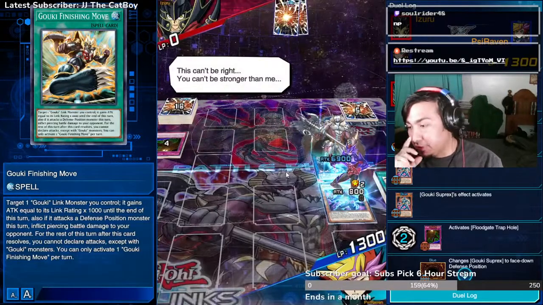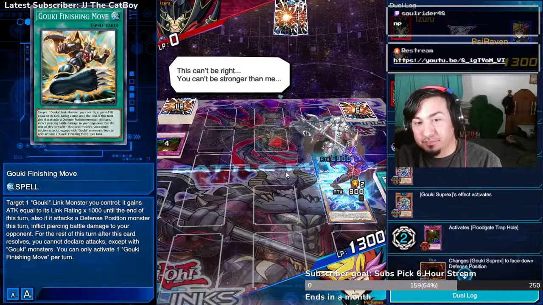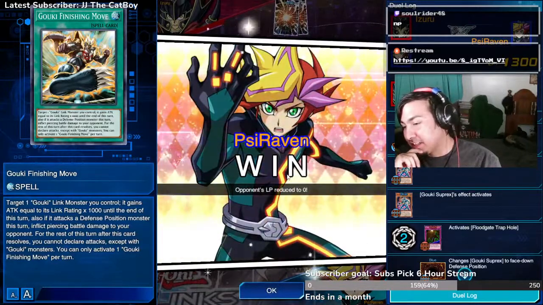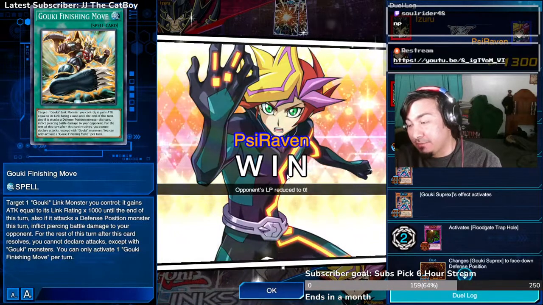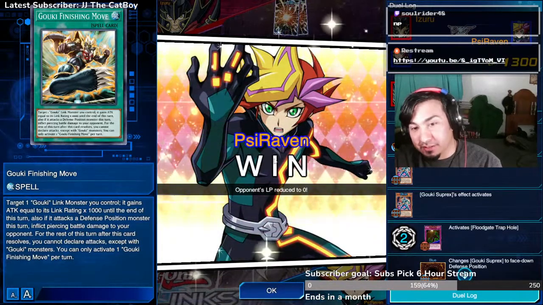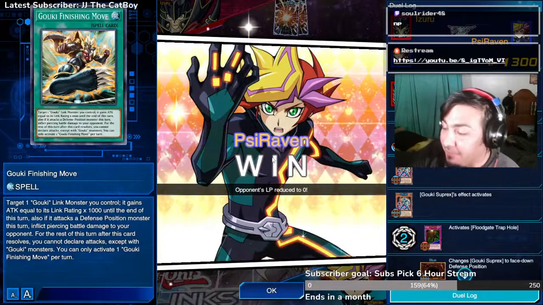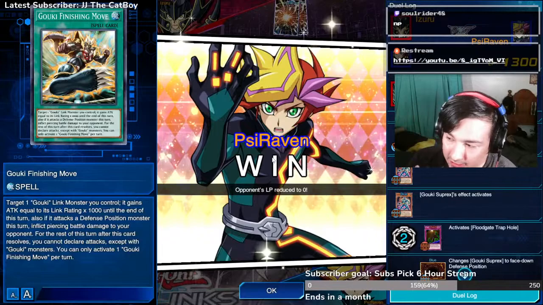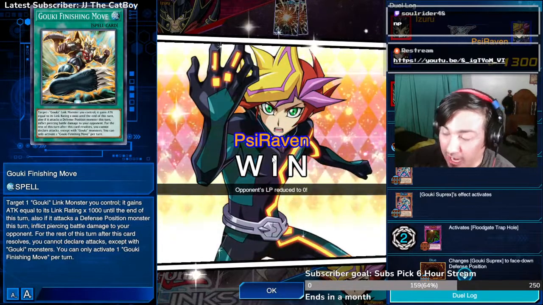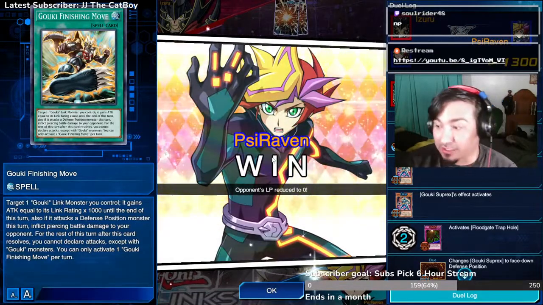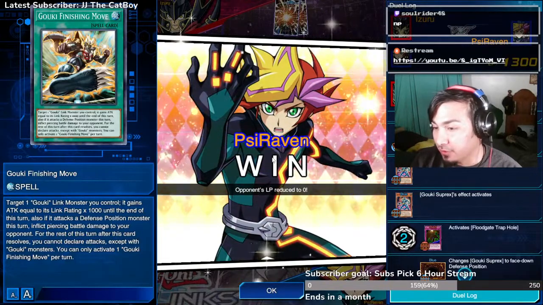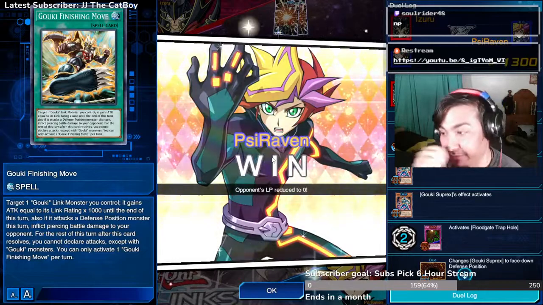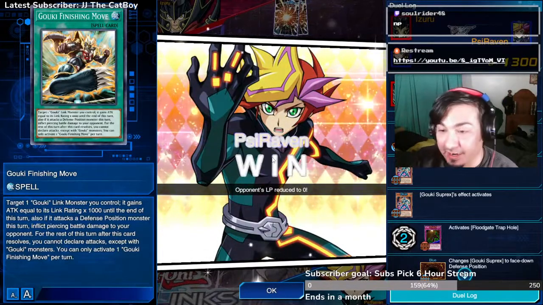I really like this match. It was really fun because it was very much a comeback victory, and I very much top decked that. If I didn't have Face Turn, I would have lost for sure. I got extremely lucky on that draw. By the time I drew it, I didn't even know I was that lucky because I had a way to counter